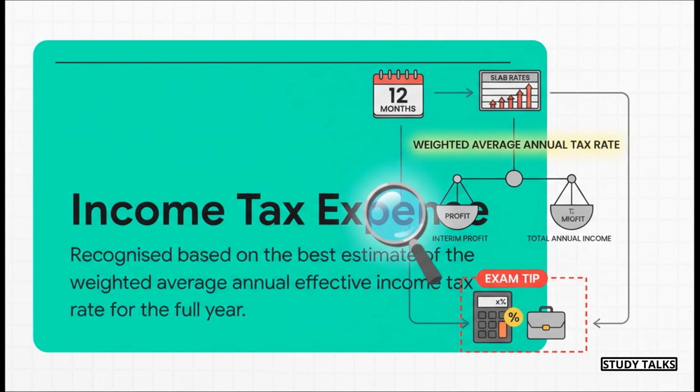Tax calculation also gets a special treatment. You don't just take your quarterly profit and apply the standard tax rates. No. What you have to do is estimate your total income for the entire year and figure out the weighted average annual tax rate you expect to pay. You then apply that one single rate to your interim profit. This keeps things consistent across all the quarters,